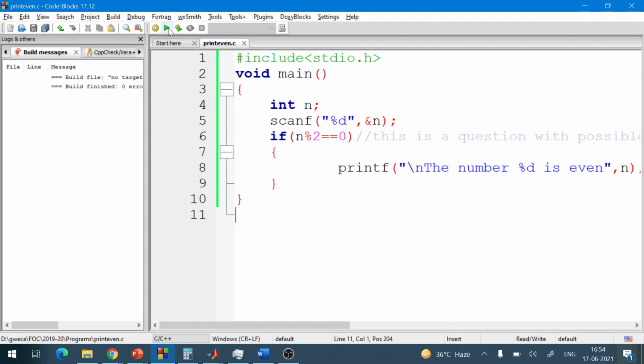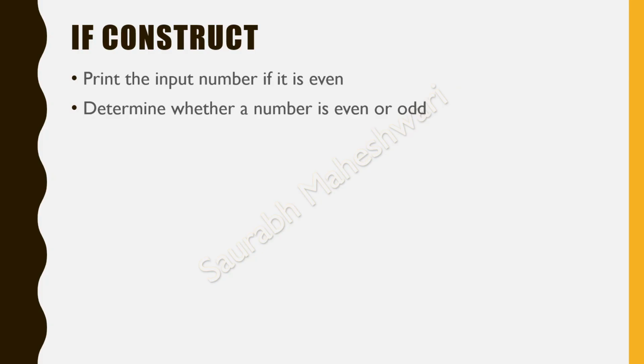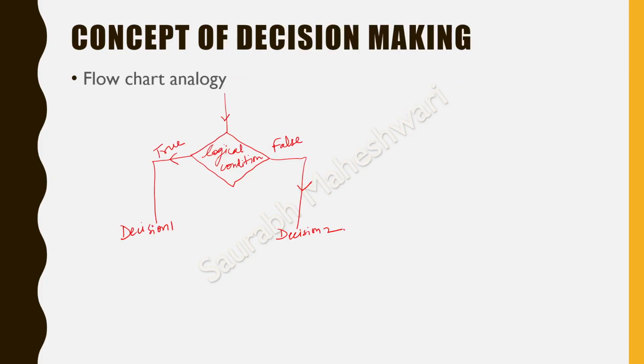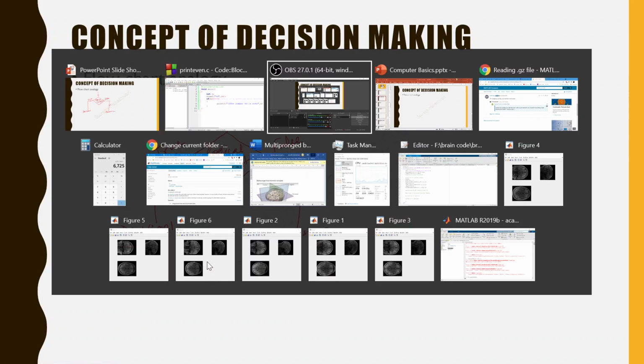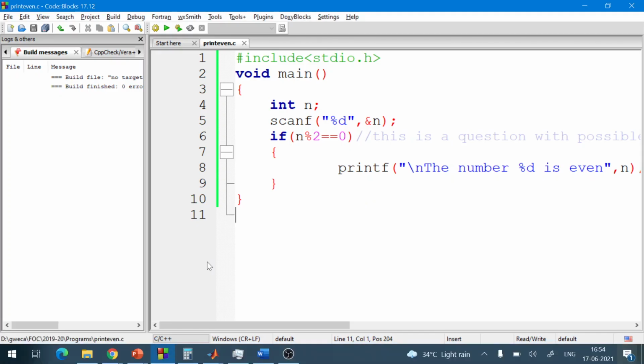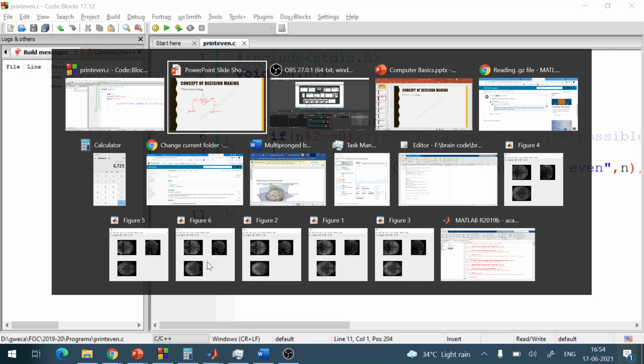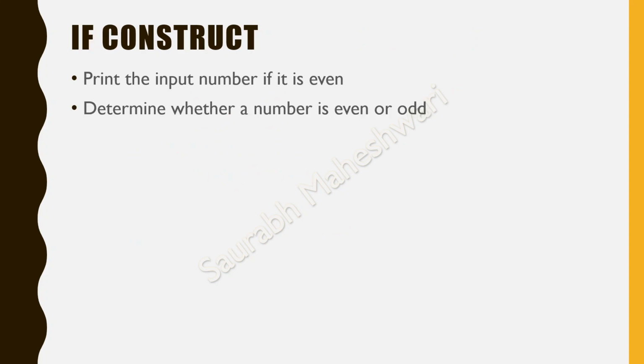Right now, from this flow chart, we have only printed this particular decision. There was only one decision required, only the true part. Now let us do the next problem, that is, determine whether a number is even or odd.